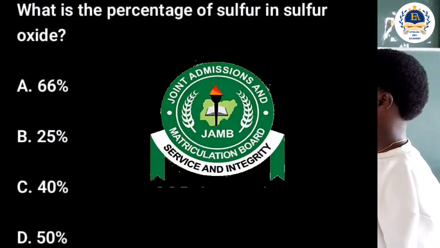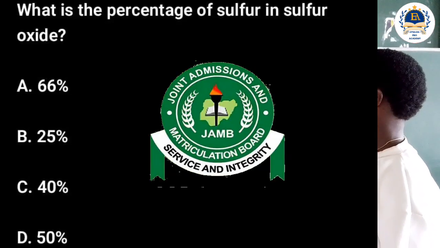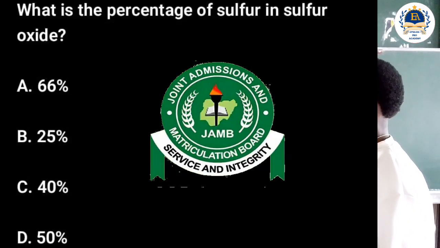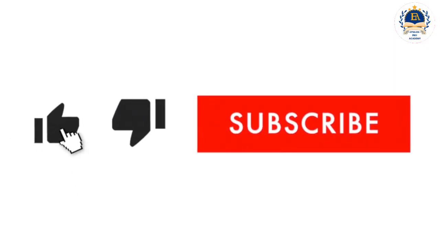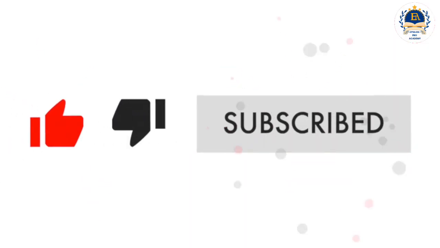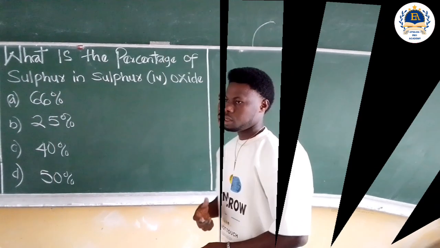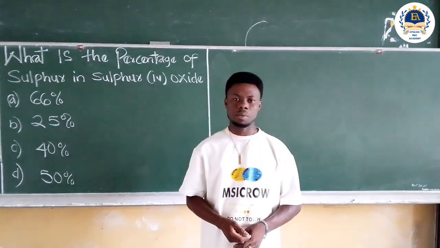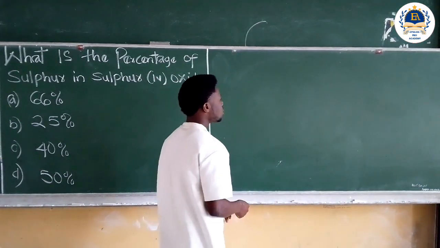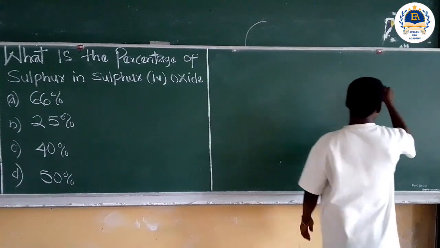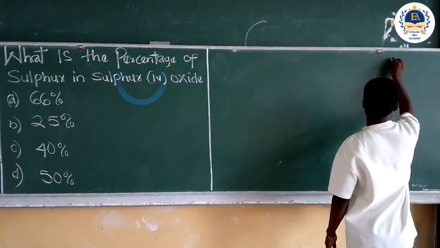What is the percentage of sulfur in sulfur 4 oxide? The options are given below. In this question, the first thing we have to determine is to write the correct chemical formula. So the correct chemical formula for sulfur 4 oxide is